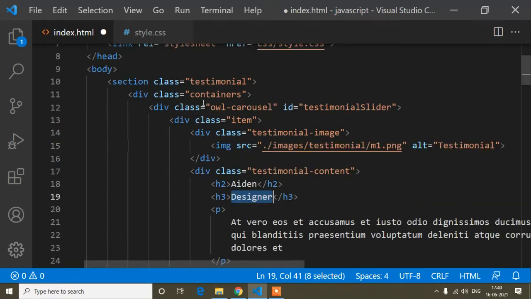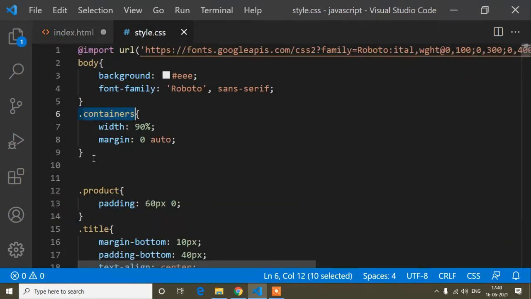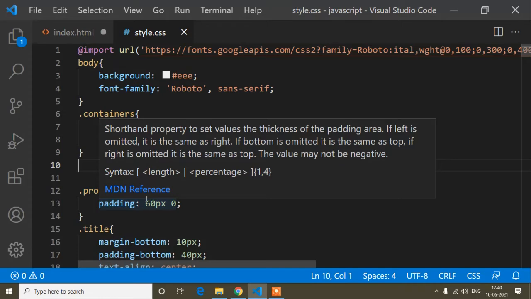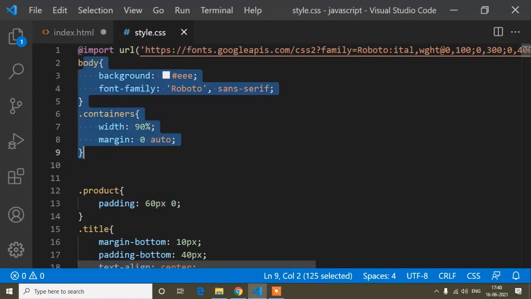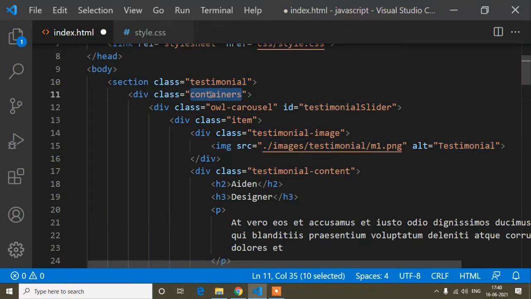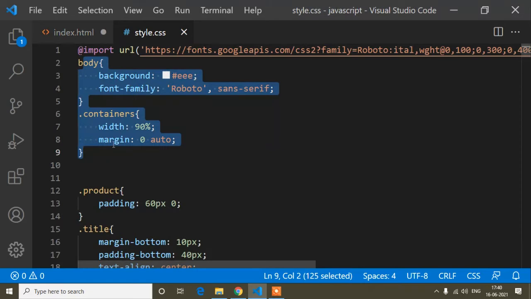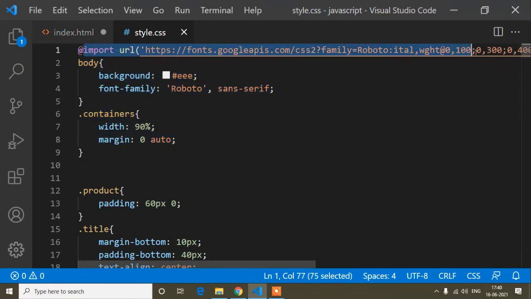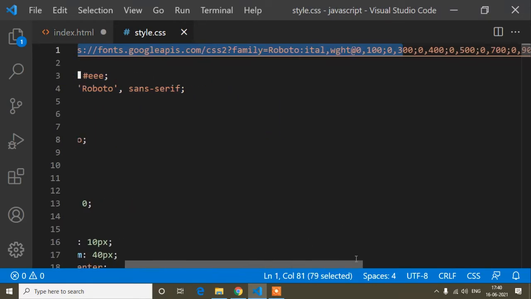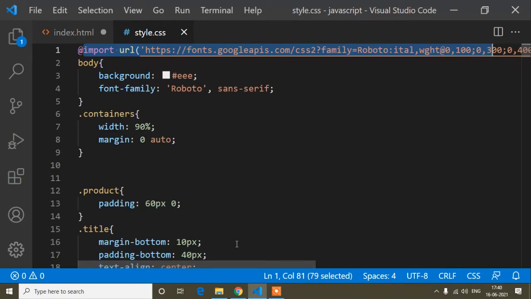Now I will start to write CSS, so I will copy this testimonial. I will write from here, because the body and container are commonly used, since this is the container class I used here. Apart from the body and container, there is the Google font link which I have imported, and you can find that in my previous tutorial.